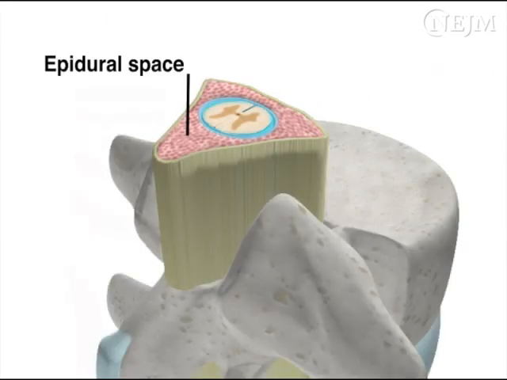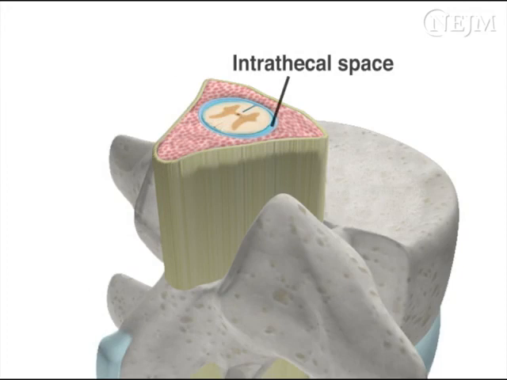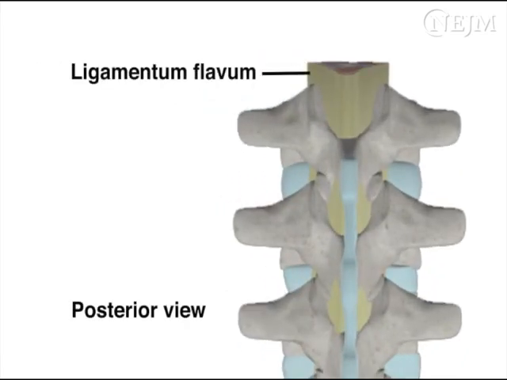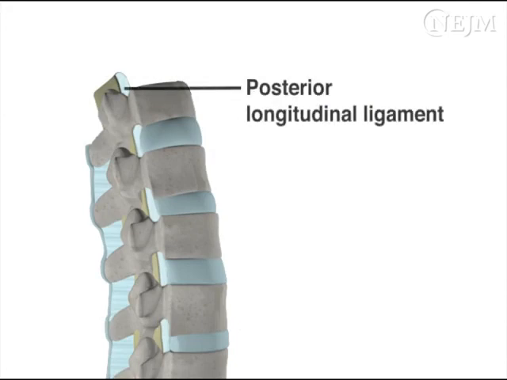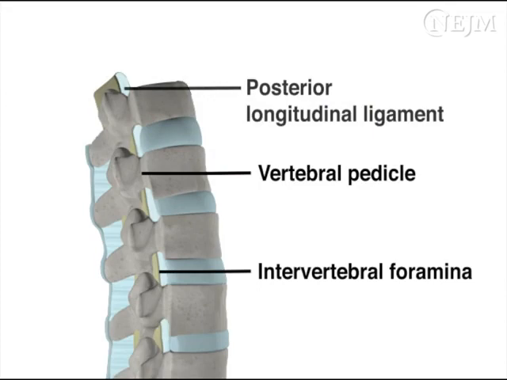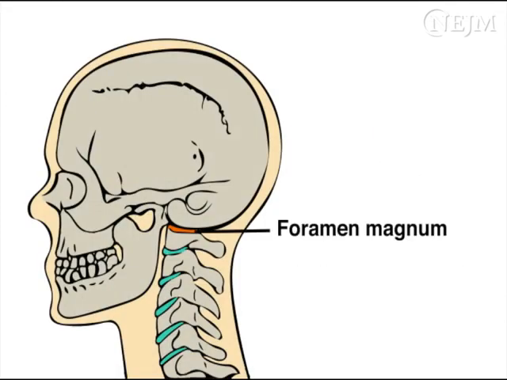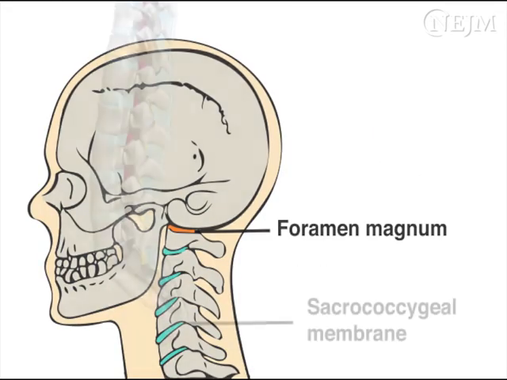The epidural space surrounds the dura mater, which forms the outermost boundary of the intrathecal space. The intrathecal space contains cerebrospinal fluid and the spinal cord. The epidural space is bordered posteriorly by the ligamentum flavum and vertebral laminae, anteriorly by the posterior longitudinal ligament, laterally by the vertebral pedicles and intervertebral foramina, superiorly by the foramen magnum at the base of the skull, and inferiorly